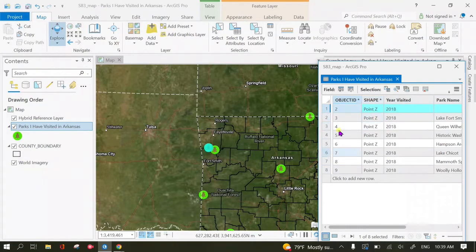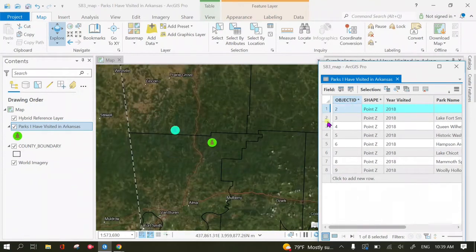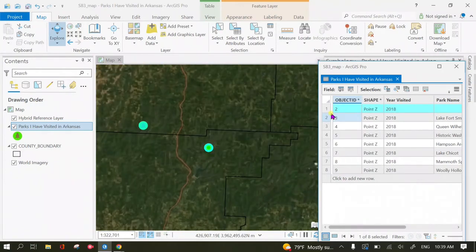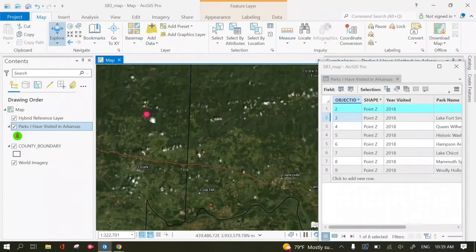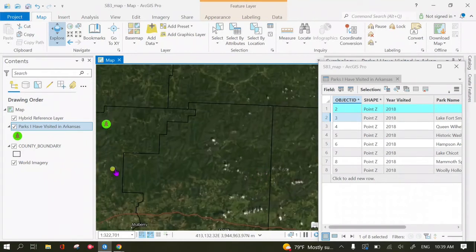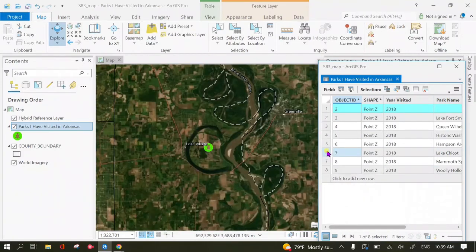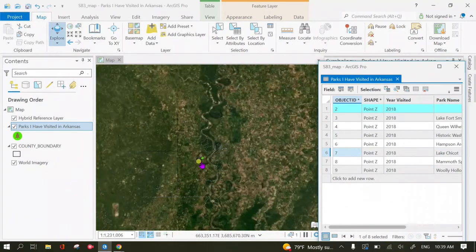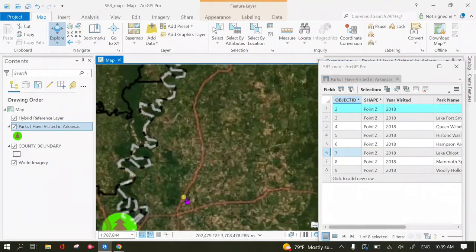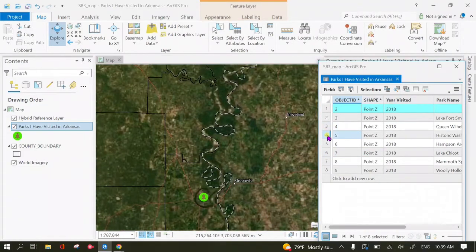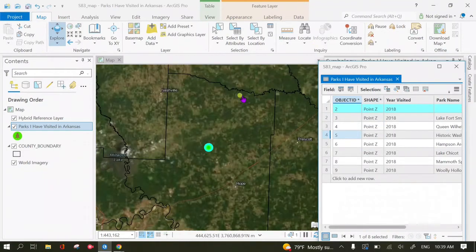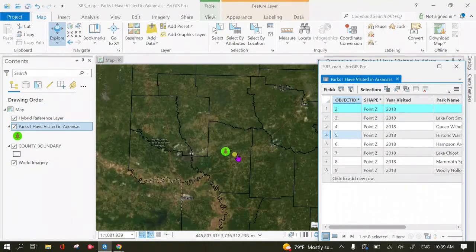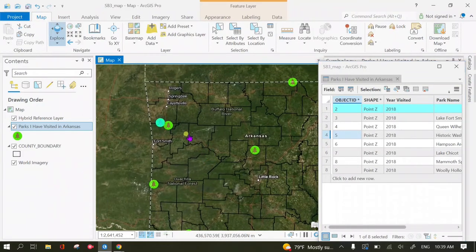So you can right click on a record in the attribute table and you can select zoom to, pan to. The zoom to will, it sort of like randomly zooms, but the pan to will pan to a record at the same zoomed in level that you have. So we can see I'll pan to this Lake Chico. Pan to, and you see we're still pretty zoomed in. Whereas if you're zoomed in, and sometimes if you select the zoom to, it will zoom you out really far. Although they maybe fix that in ArcPro, maybe that's just a feature of ArcMap, which is what I use at